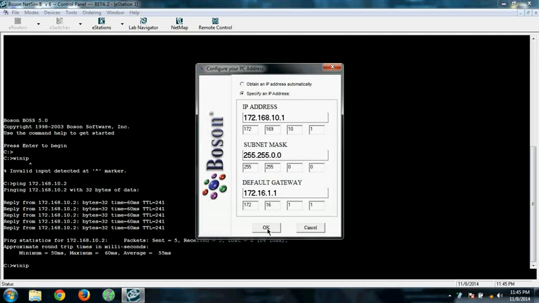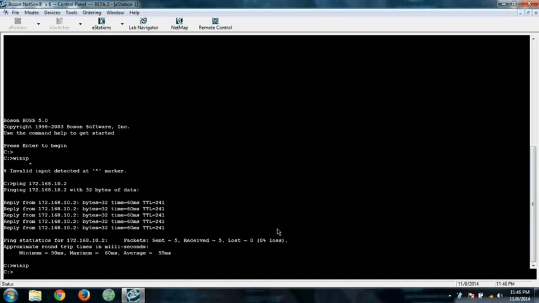Why I'm doing this is to let you know that for any number of systems to communicate in a network, they must be in the same network ID. In class B, the first two bytes, that is 172.168, must be the same so that the systems can communicate, because in a class B address these two bytes are the network ID and they must be the same for any system to communicate. So I'm going to press OK, and I've changed the net ID of PC number 1. Now if I try to ping the second machine,